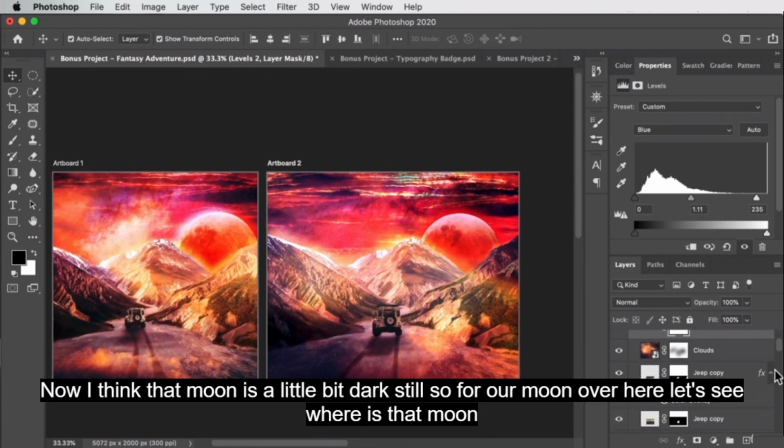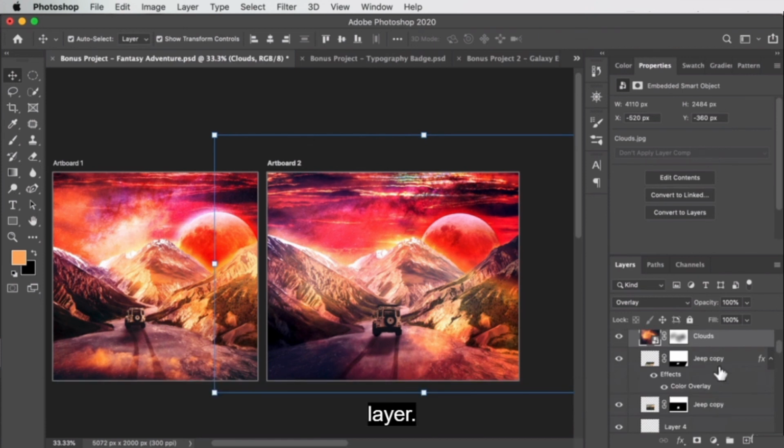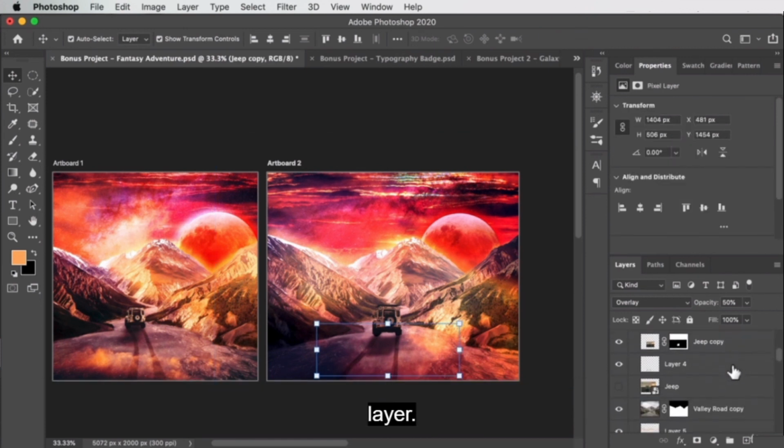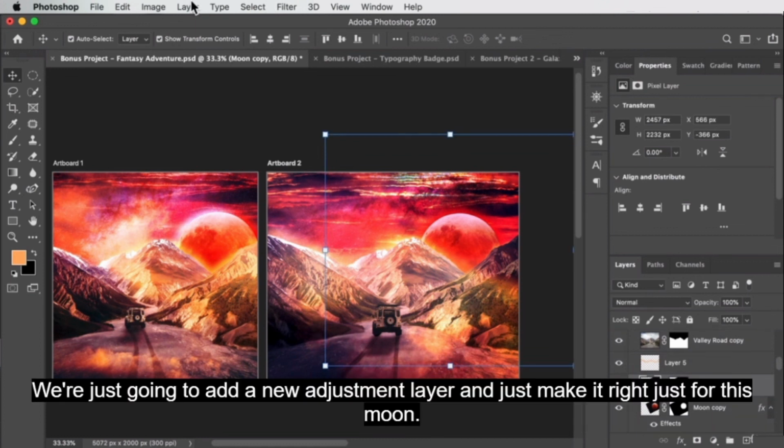Now, I think that moon is a little bit dark still. So for our moon over here, let's see, where is that moon layer? It's probably a good idea to name your layers. We're just going to add a new